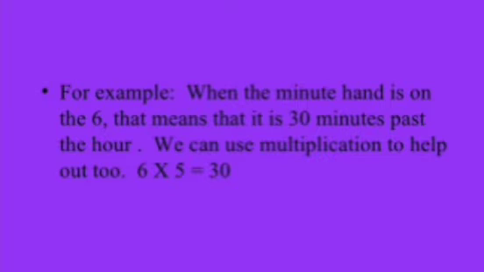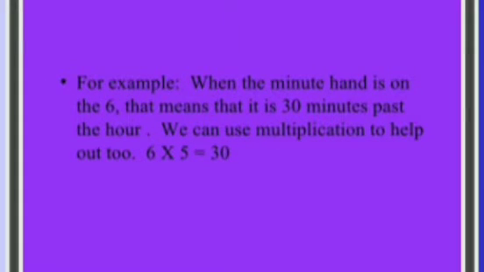We can use the multiplication table to help out. 6 into 5 equal to 30. That means you just have to multiply with 5. Suppose the minute hand is on 8, then you have to multiply 8 into 5, that is 40 minutes